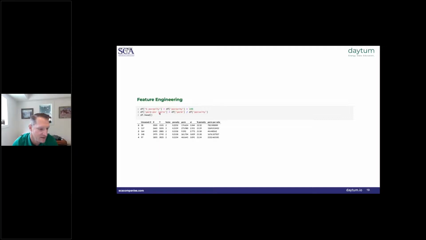Again, this is sort of an uninteresting or meaningless feature, but if we wanted to create a feature that we would call perm-pore ratio, that is the ratio of permeability to porosity, we can simply refer to the permeability column and divide by the porosity column. The computation occurs element-wise across the whole column. So this takes the first index permeability and divides it by the first index porosity, the second index permeability divided by the second index porosity, and creates a new column that we call perm-pore ratio. And again, I'm just printing off the first 5 rows.